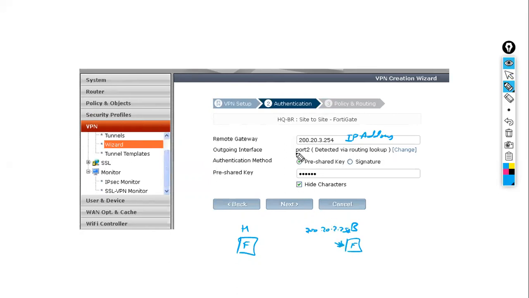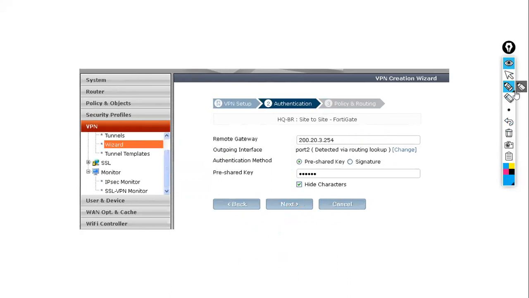Now you can see the outgoing interface is port 2, which means through port 2 the headquarter firewall can reach this IP address. So here you are mentioning port 2. Then the authentication method between both the firewalls is going to be pre-shared key, and I have mentioned the pre-shared key. Once I configured all these things, I'm going to select next,